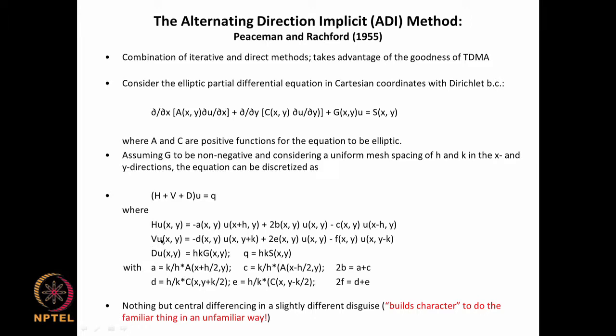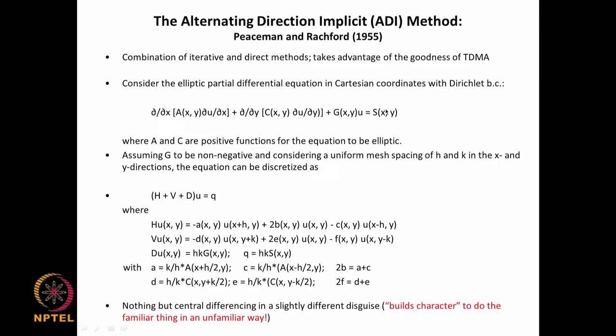And similarly, we can see that V u is u at x, y plus k, so that is y plus delta y, and again you have y minus delta y here, and then you have u at y. So this is u at i plus 1, ij plus 1, u at ij, and u at ij minus 1, and you have corresponding coefficients here, because these coefficients are variations of x and y. You also have this, and d u is hk times g(x, y), so that is coming from here, and q is coming